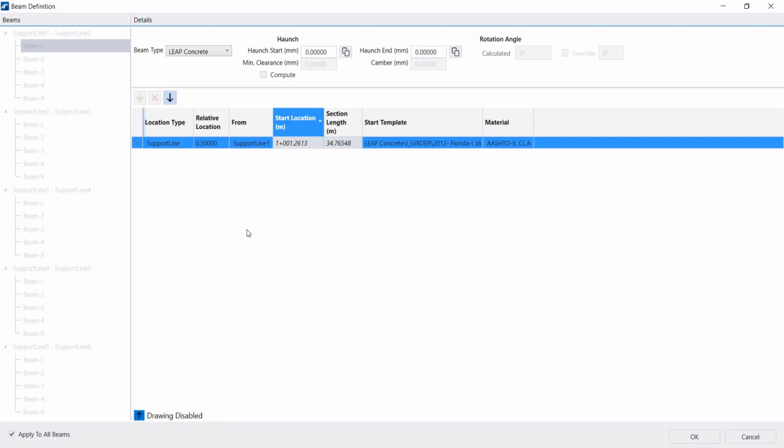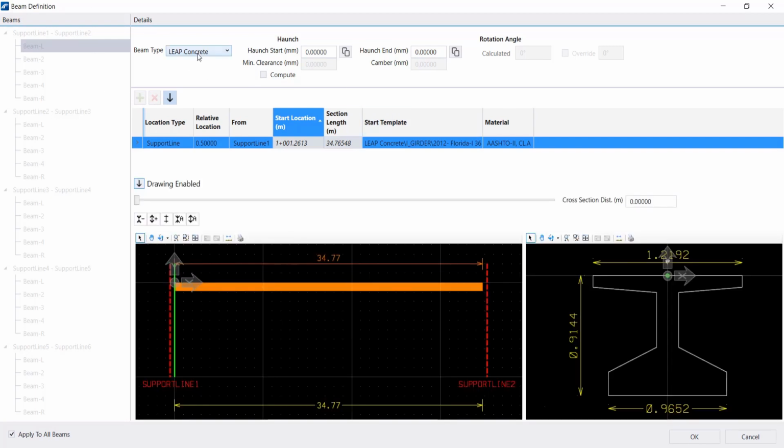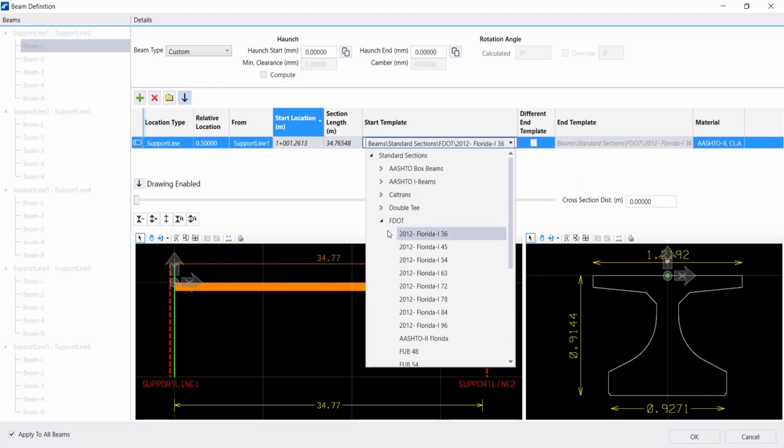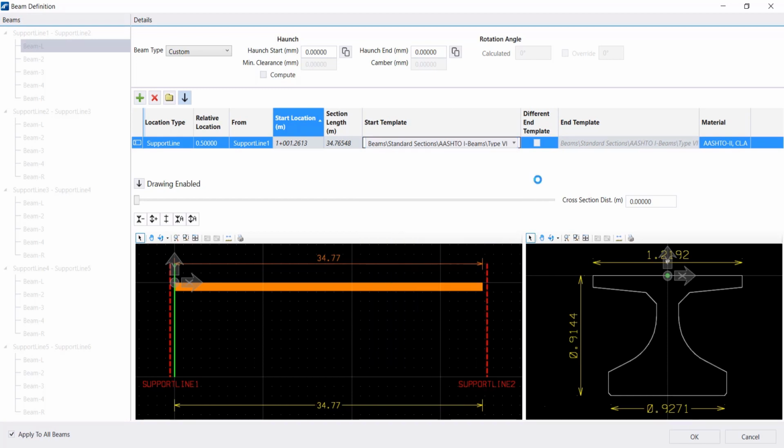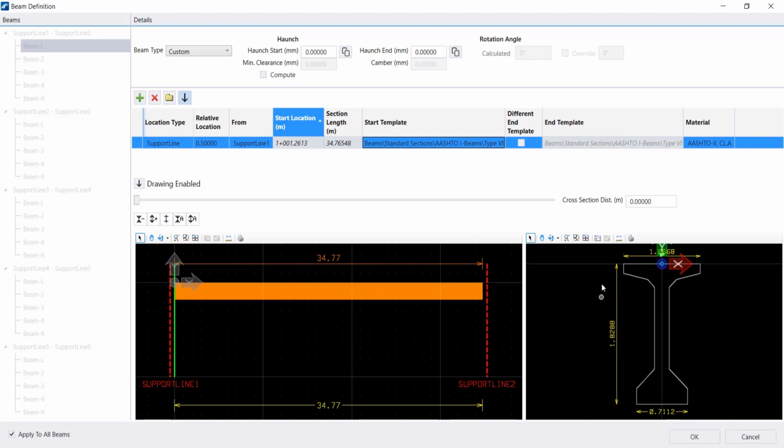But you can actually apply different beam cross sections to different beams as well. You can see on the left there are options to select by different beams. Here you can select from the library, or you can select the custom beam as well, right? So we'll go by custom, and in this table you can see there are options start template and end template. If the start of the beam edge and the end of the beam edge are different, you can select it from here. So this table will help you to define a variable girder cross section, but here we will select it by single girder cross section.